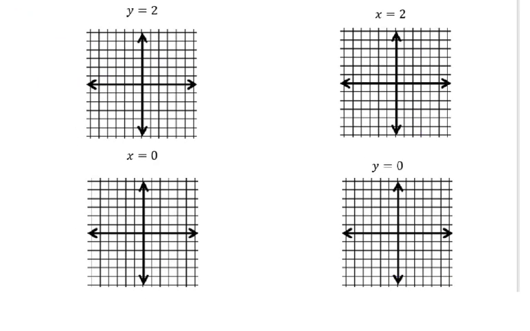All right, now we've got y equals 2, so we're going to go to where y is 2, and that's horizontal. And then x equals 2, we're going to go to where x is 2 and draw a vertical line. And then our last two, x equals 0